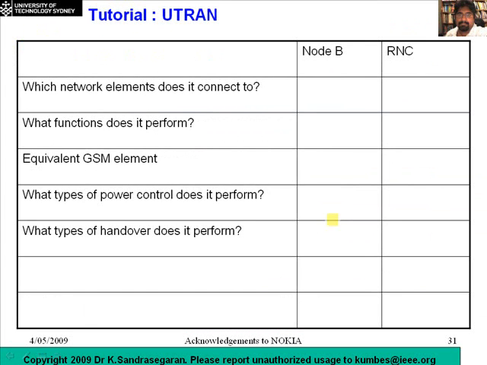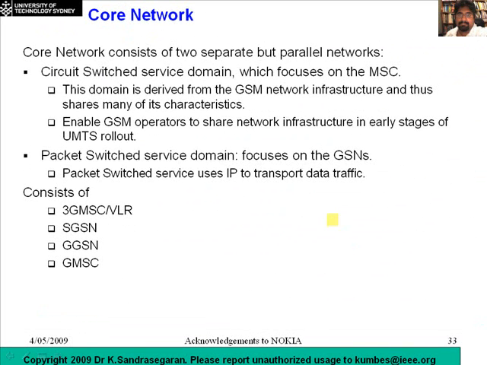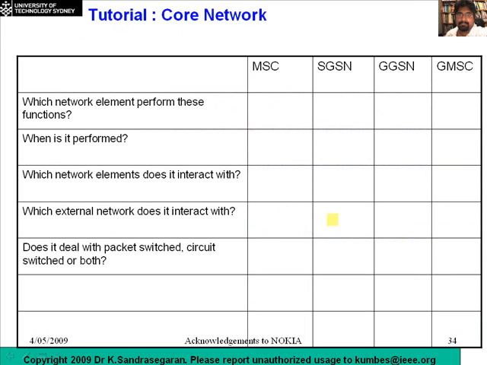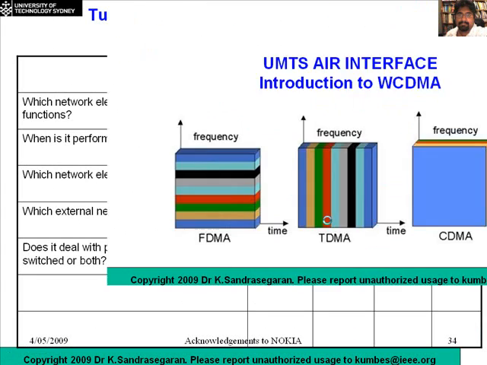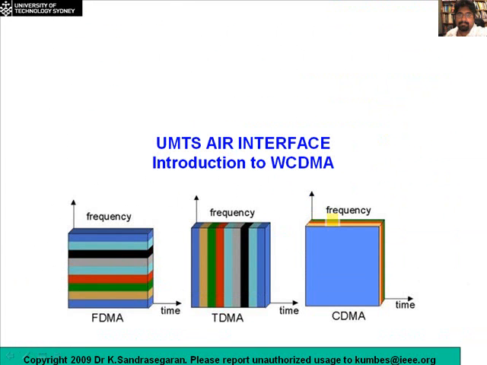Again, a table with the differences between the functions of Node B and RNC is a good question. The core network elements are the same as what we've seen in GSM and GPRS, so we're not going to spend a lot of time on this one. When we come back after the break, we'll have a look at the